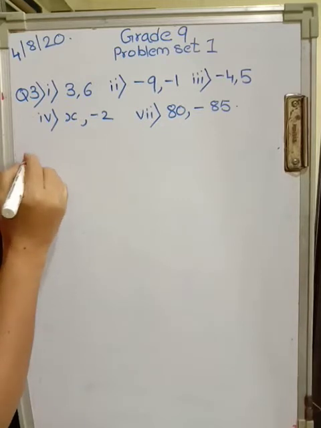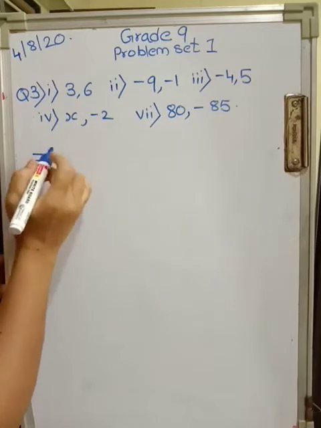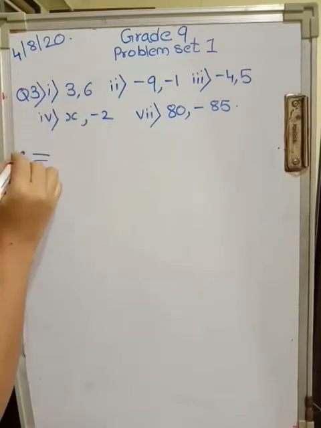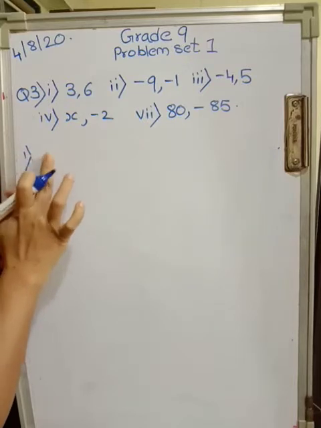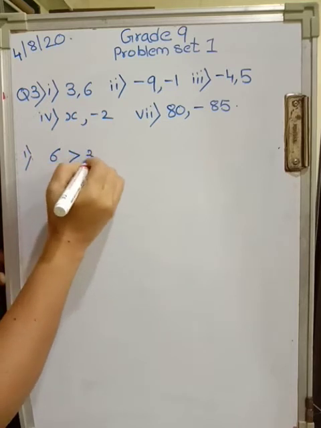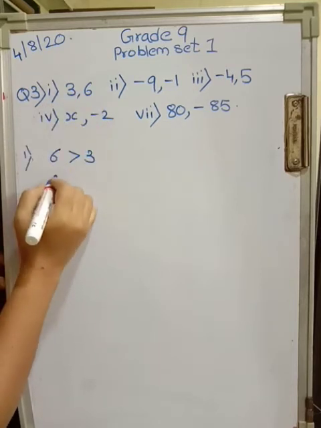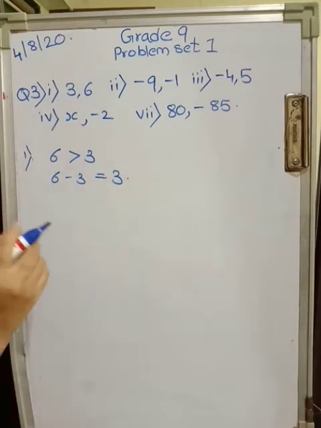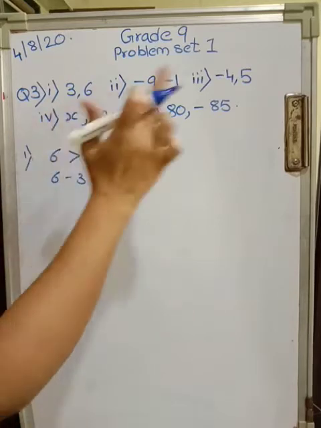So distance is nothing but greater coordinate minus smaller coordinate. In case of the first question, 6 is greater. So how will we do? 6 is greater than 3. So distance between these 2 points is 6 minus 3, which is equal to 3. I am telling you orally, you do it stepwise. Alright. We will discuss all the points.